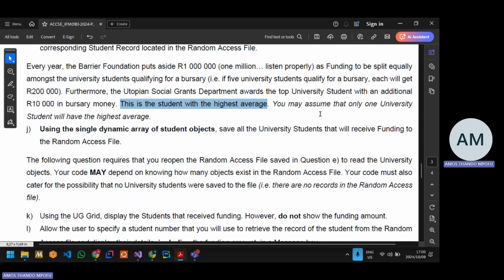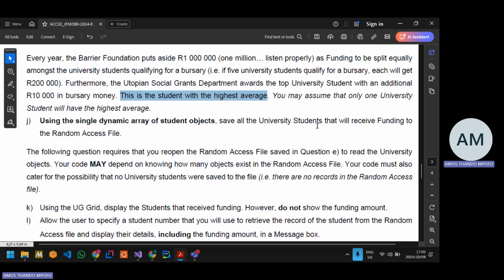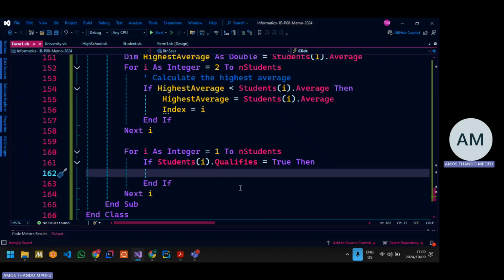Save the student that will receive funding. So save only the students that receive the funding, meaning that you qualify. So qualify is equals to true, but before we check if you qualify,